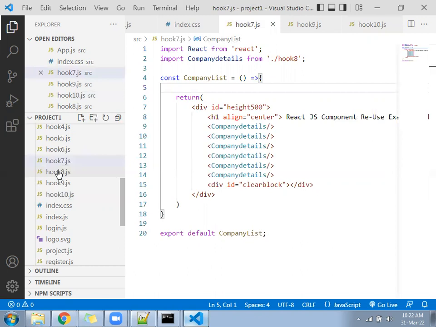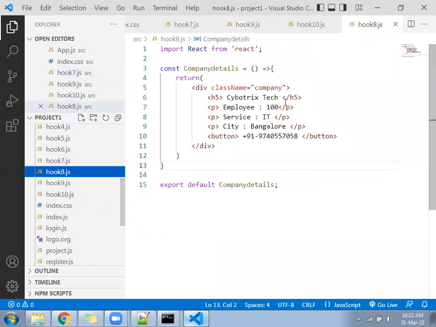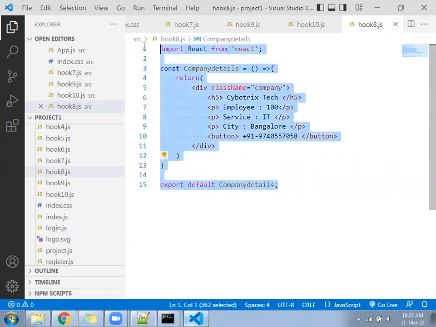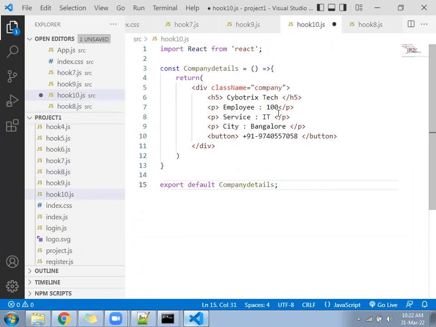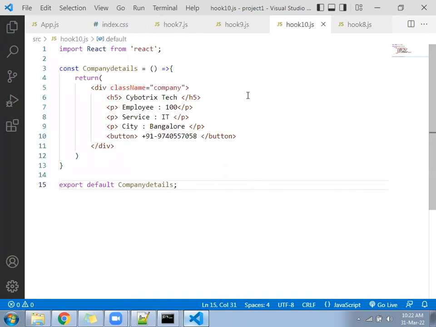And under hook8.js, we have written something. Yes, hook8. This content you can copy everything. You can take the copy of hook8 and paste it under hook10. Hook10 is the copy of hook8.